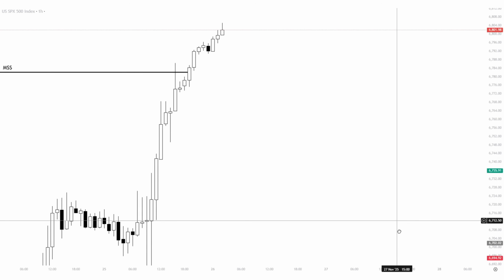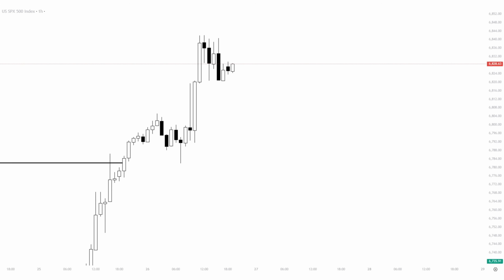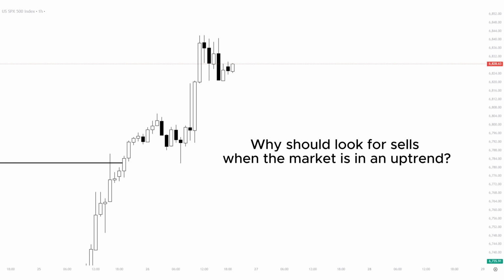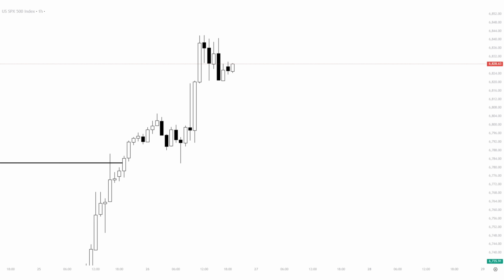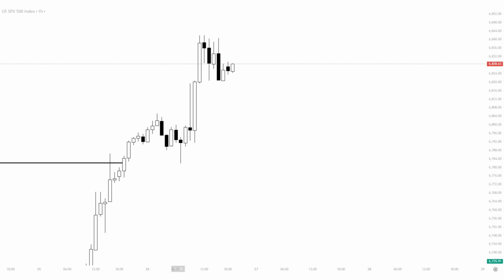But when it does happen, we will be looking for buying opportunities near demand levels, support levels, or whatever bullish entry structures we're using. And that's because why should we look for sells if the market is still on an uptrend? It makes no logical sense. Seems like this upwards action continues, but bearish candles start appearing more often, and here we even had a downside pullback. Of course, that got faded to the upside and broke the last high,